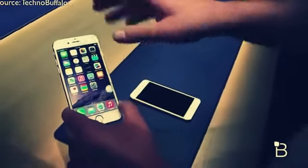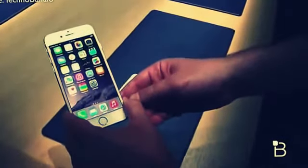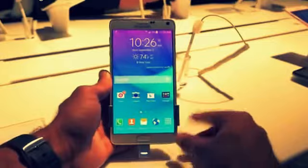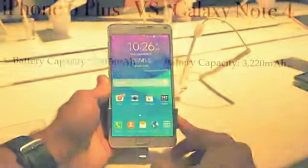Now, the last thing that I want to talk about is the battery capacity on these phones, because all of the things I just talked about is completely useless if your phone is dead. So the iPhone 6 Plus